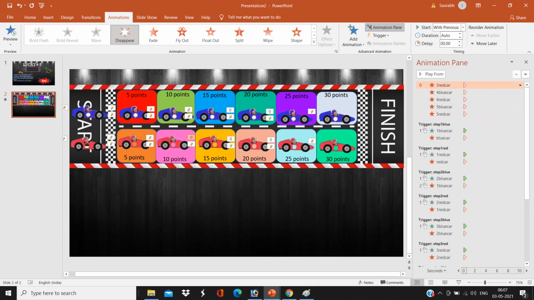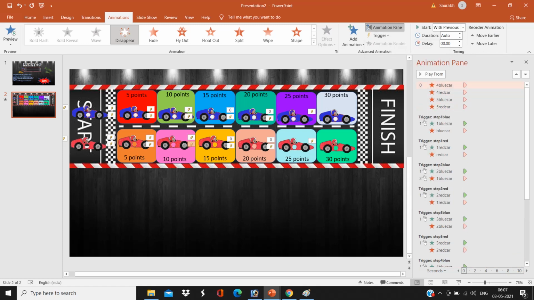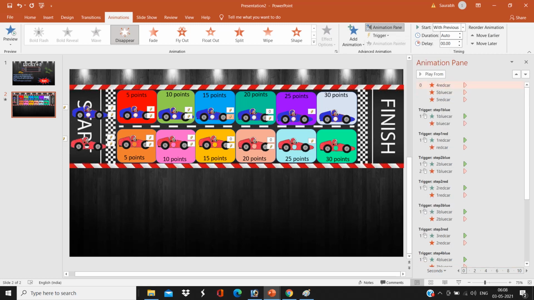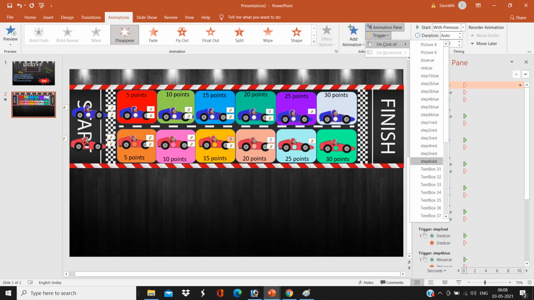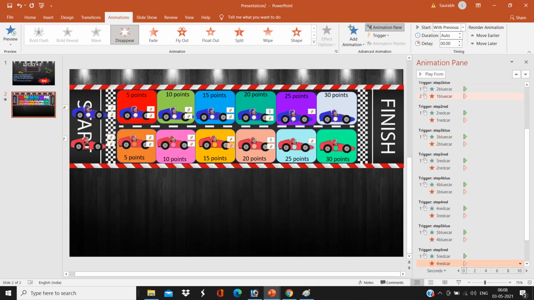For the second red car, I'm giving the trigger point of third rectangle. Each is named already, so you can identify it very easily. You have to do the same for the 5 point, 10 point, 15 point, 20 point and 25 point cars. Likewise, give the next block as a trigger point.